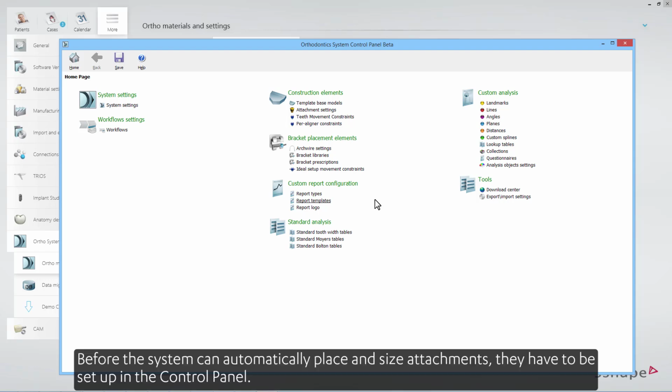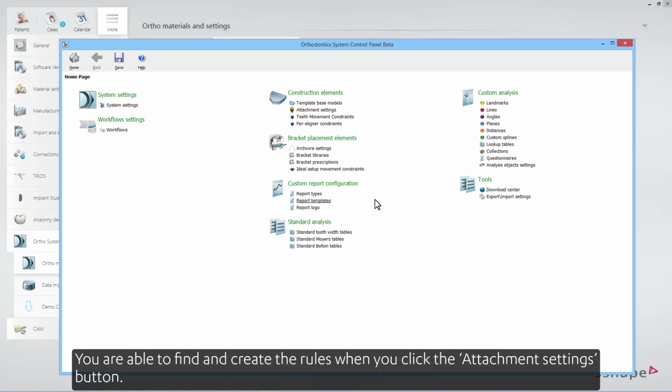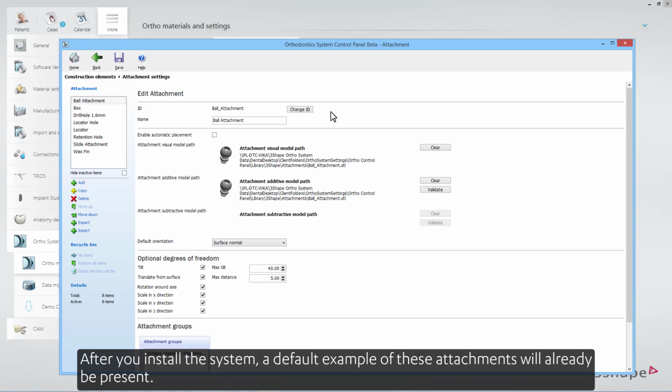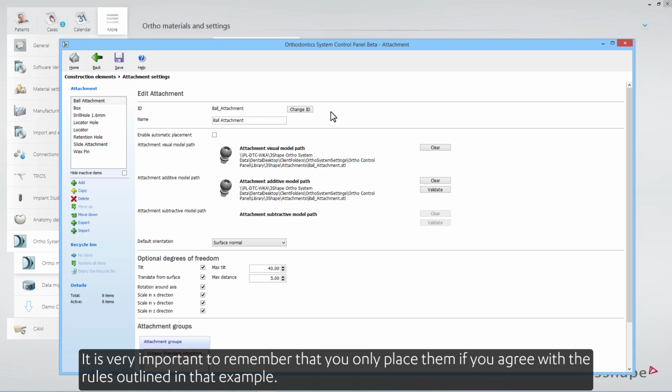Before the system can automatically place and size attachments, they have to be set up in the control panel. You are able to find and create the rules when you click the Attachment Settings button. After you install the system, a default example of these attachments will already be present. It is very important to remember that you only place them if you agree with the rules outlined in that